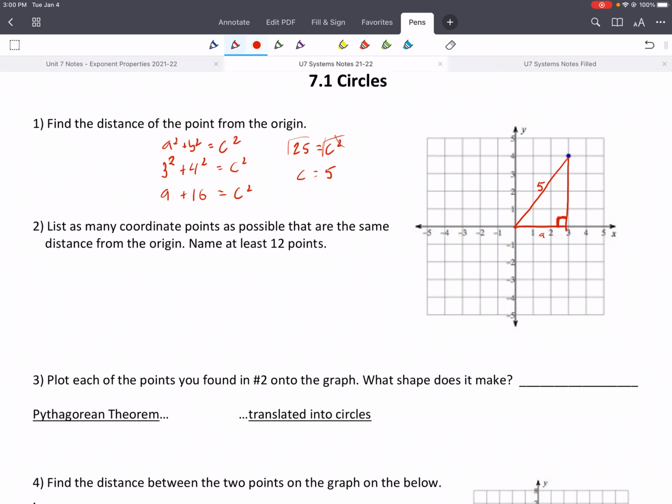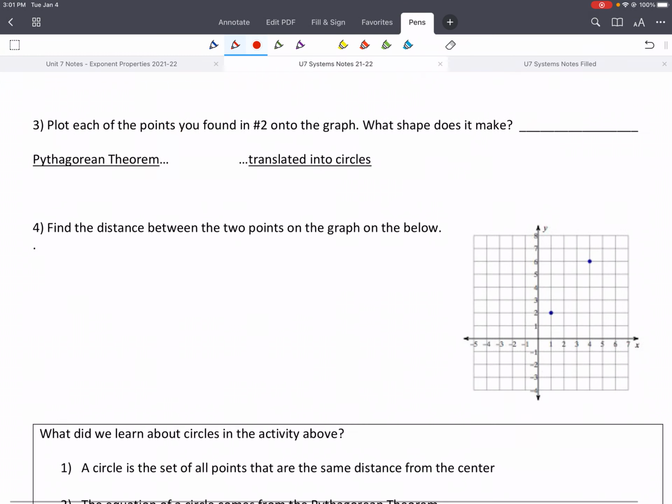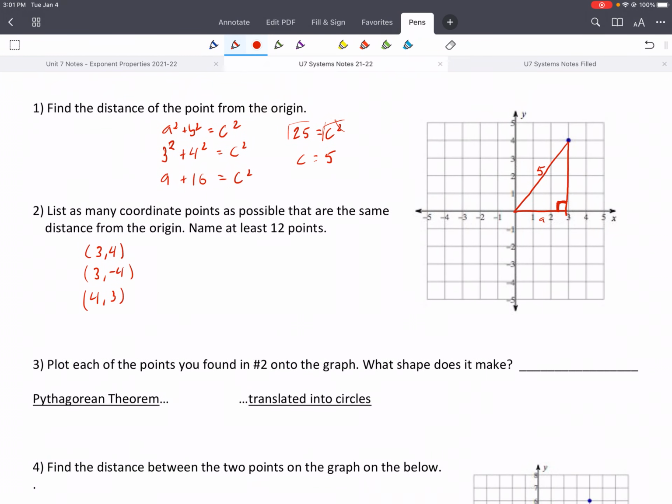Okay, so we already did 3, 4. But we could also do it if it was upside down, so we could do 3, negative 4. You could also do 4, 3. If you plug that in for a and b, you would still get the same thing on the left side. Same as if you did 4, negative 3. We could do the left side of our graph, so negative 3, 4. We could do negative 3, negative 4, negative 4, negative 3, and negative 4,